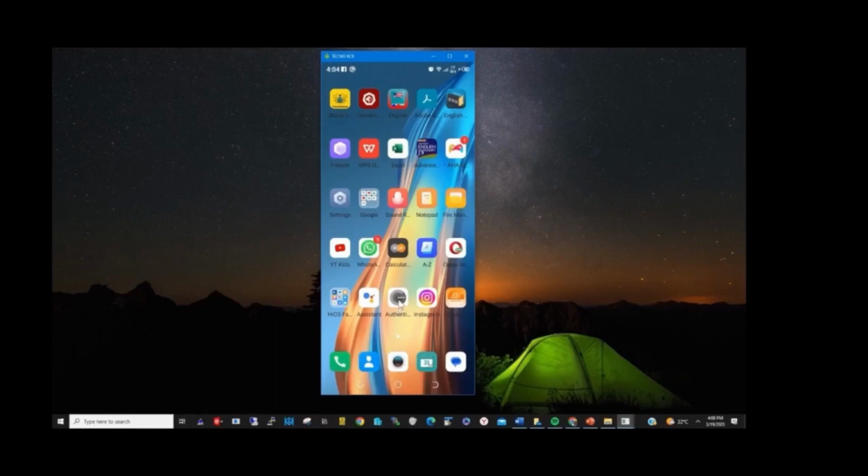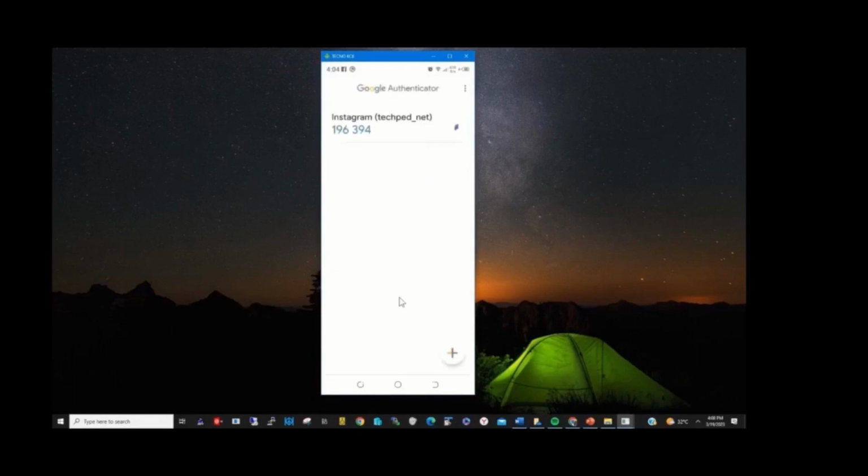So there's my Google Authenticator app. I open it and I copy the 6-digit code generated by my Google Authenticator app so that I can verify my login to disable or turn off Google Authenticator app used as my two-factor authentication. I copy the 6-digit code